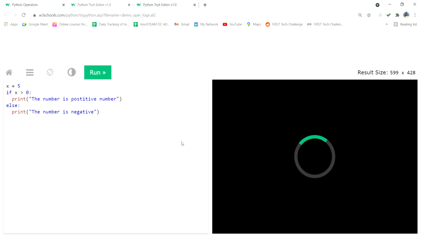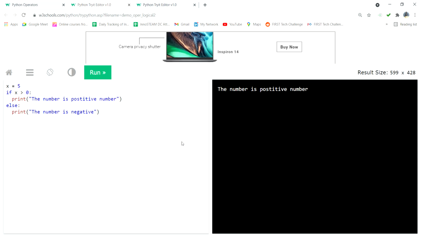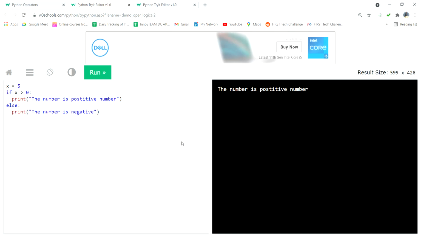So this is the one task. They will give a simple task name: write the program for positive number or negative number. So you have to think: what are the rules of positive numbers? All the values should be above 0, greater than 0, then the values are positive. Suppose the value is negative, it is below 0. You have to think like this, then you have to write the program like this.